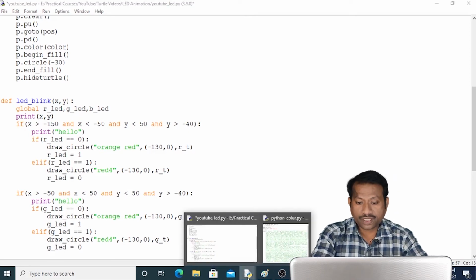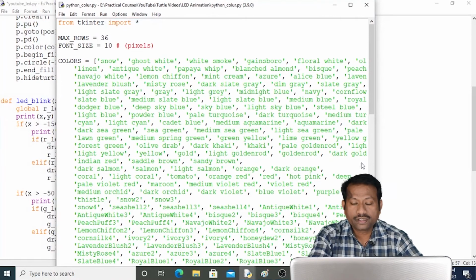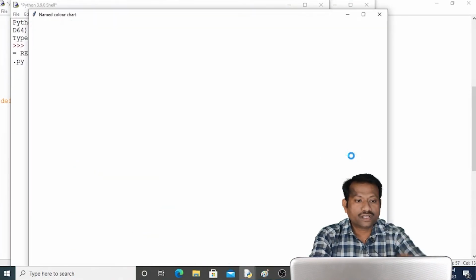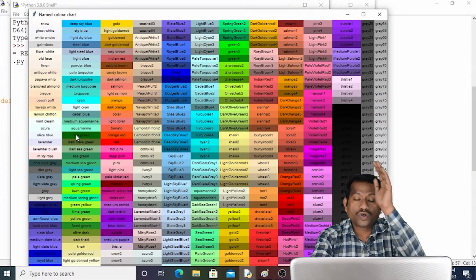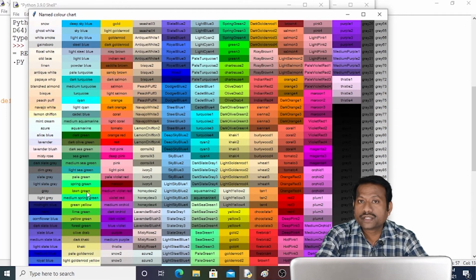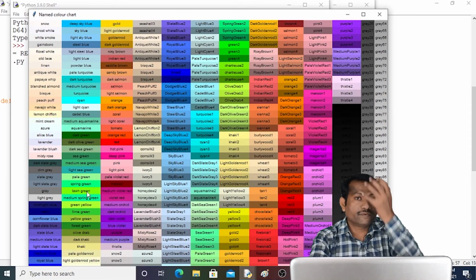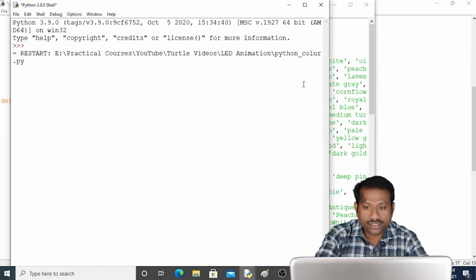So what should be the color? Let me run this color program so that we can get the color for green. On state color for green. So here we have taken dark green for the off state color of LED, and I select this lawn green so that it is light color. It will indicate the on state of the LED. So I select lawn green.